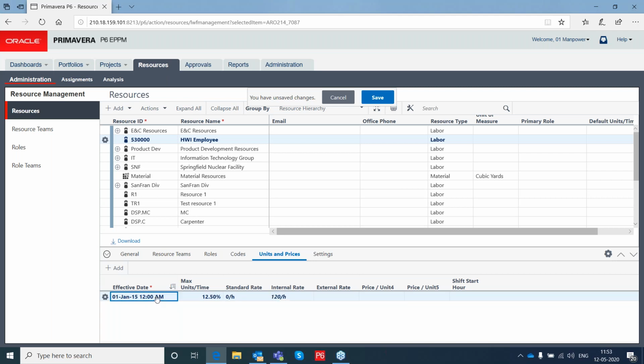And this effective date, how do I use this effective date in my project, right? Let's say there is a resource where the rates are fluctuating. For example, the sand. Today, for 1 unit of sand, it is, let's say, 15,000 rupees, right? After 1 month it may go to 18,000 rupees. So what I can do is I can add one more effective date. From this date onwards, the rate will be different, right?